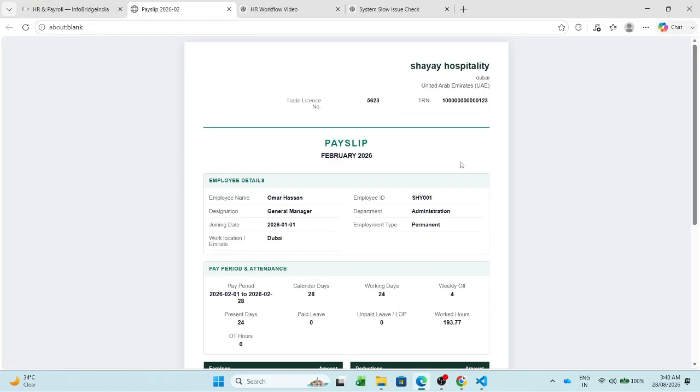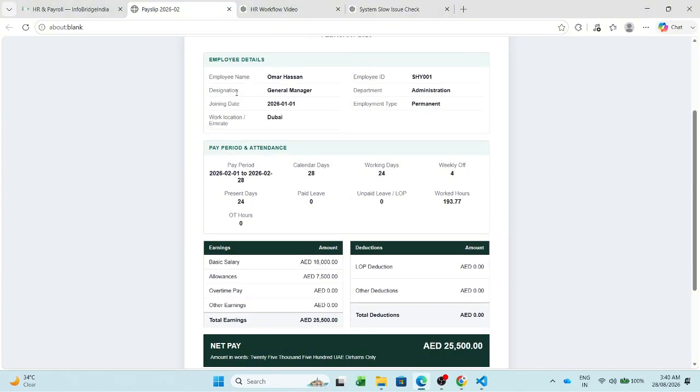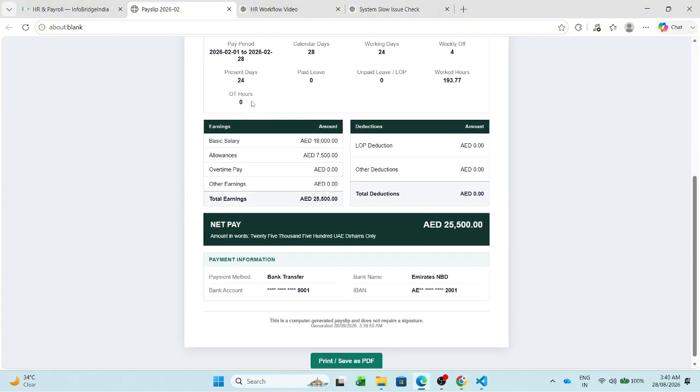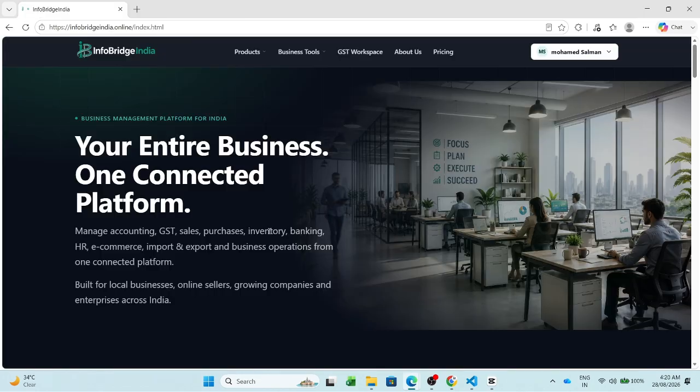So this is the complete process of working as an HR manager in our system. Apart from this, an HR manager has many other responsibilities, but those are outside the system operations we're covering here. Next, we'll continue our playlist and see how the sales, purchase, and inventory managers work one by one.